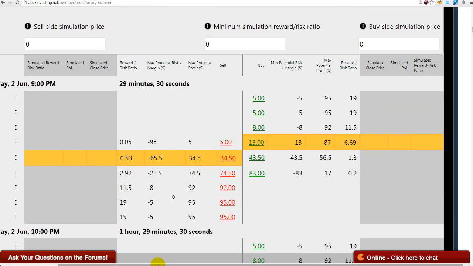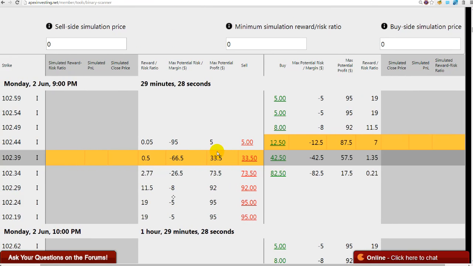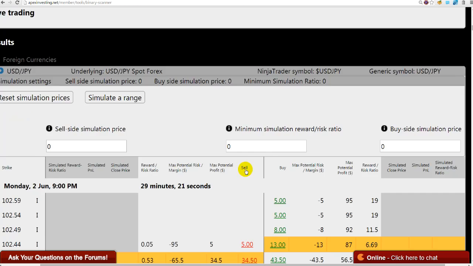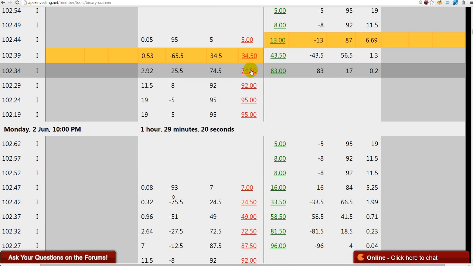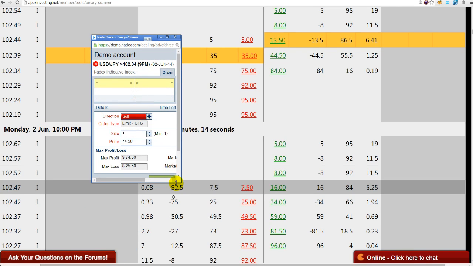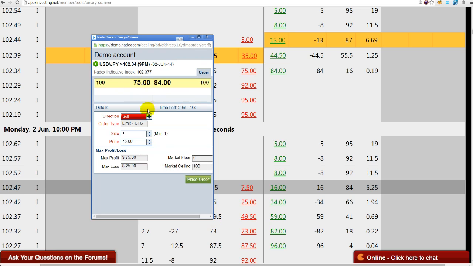All right. So does everybody understand that's how everybody gets a buy? A sell is just the opposite. So I can go in, I can sell this contract right here. Let me make sure I got demo on. I can sell this contract for $74. And if the market were to get down to, I have to make it a little larger because I'm zooming in here, if the market were to get down to 102.34, right now it's at 102.37. So if the USD were to drop by 9 o'clock, which would be 30 minutes from now, if it were to drop down to